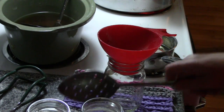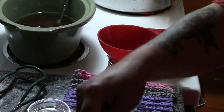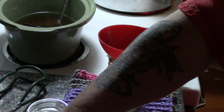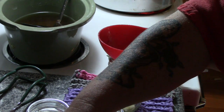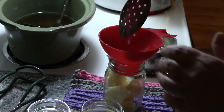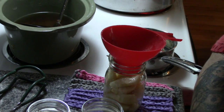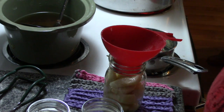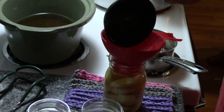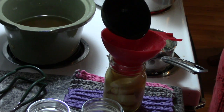Okay, so what I did was, actually, I'm going to make a liar out of myself. I realized at the last minute that I didn't want to put half pears in pint jars, so I went ahead and quartered them. We're going to fill up our jar to 1 inch from the top, and then we're going to top it up with our ginger syrup,